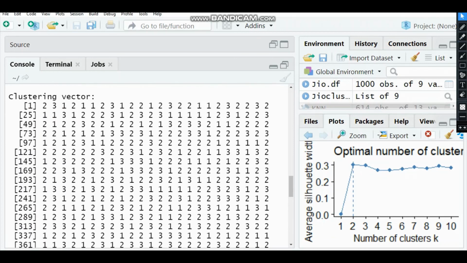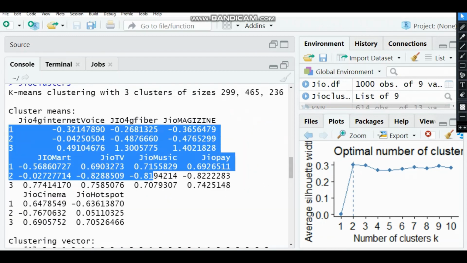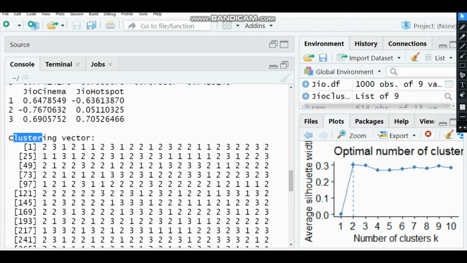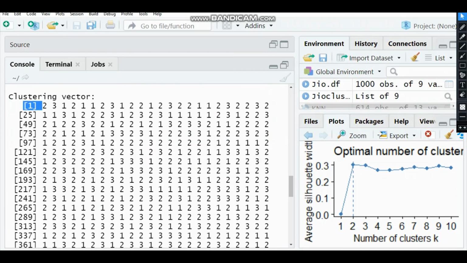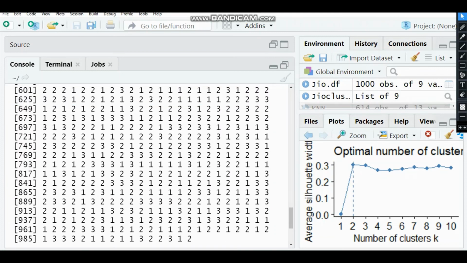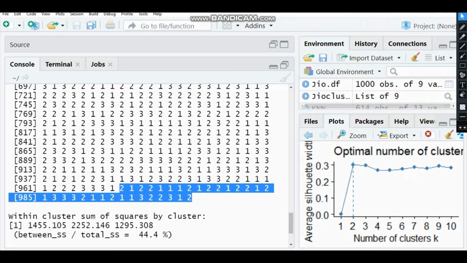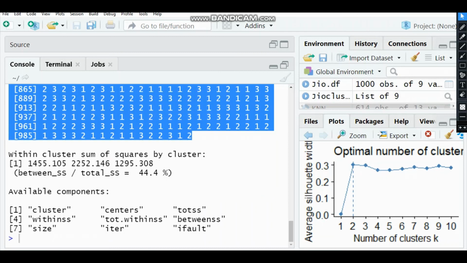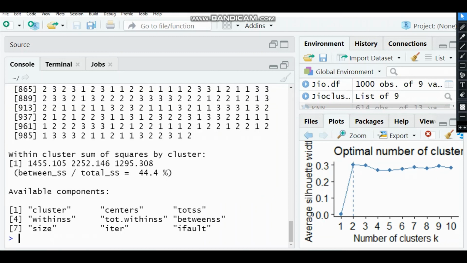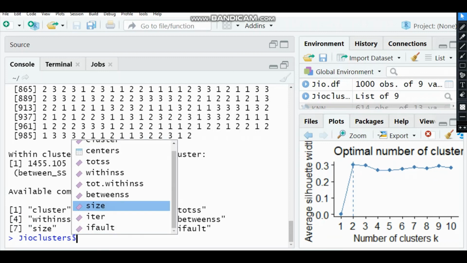There are a few things we need to check. First, cluster means, through which we can identify which cluster has the highest value. Second is the cluster vector, which tells us which customer belongs to which cluster. There are 1,000 data points, and 1, 2, 3 stand for the cluster number; for all 1,000 customers, which cluster each belongs to is shown here. And then finally we have the Geo clusters, the clustering name which we gave, and then finally we cross-check